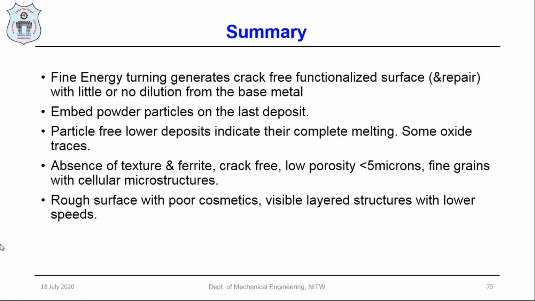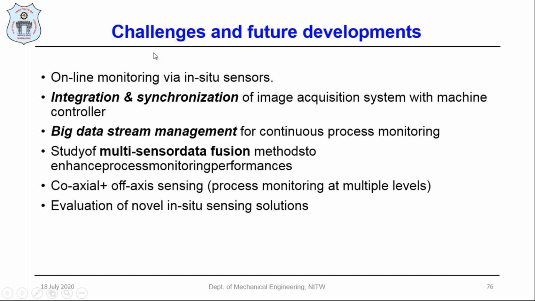A rough surface with poor cosmetics, with visibly layered structures, occurs with a lower speed. It means that when you have a lower speed, you will definitely get a rough surface in the fabricated component. We need to go for post-processing, either laser remelting or machining techniques. And some of the future challenges and future directions of additive manufacturing, either DED or WAAM process,